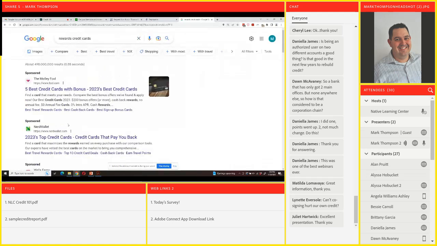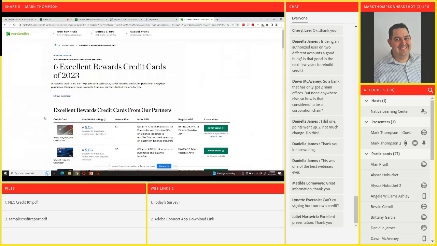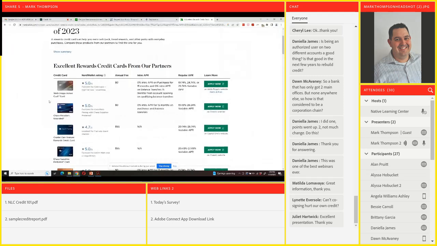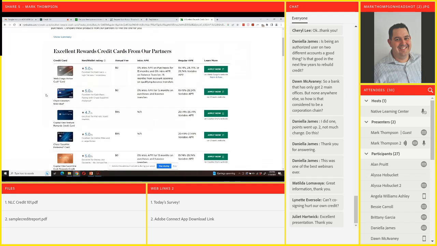Nerd Wallet is a big one. It allows you to compare all kinds of different credit cards, put in information about yourself, and you can see their number one excellent reward credit cards. Their number one card, the Wells Fargo Active Cash card. So I've done something right in life, because that was the card that I just mentioned that gives you the 2% back.